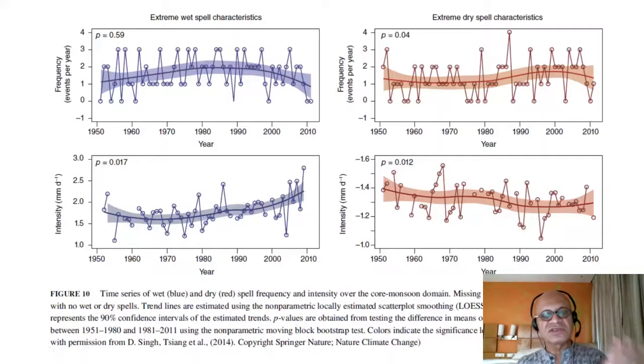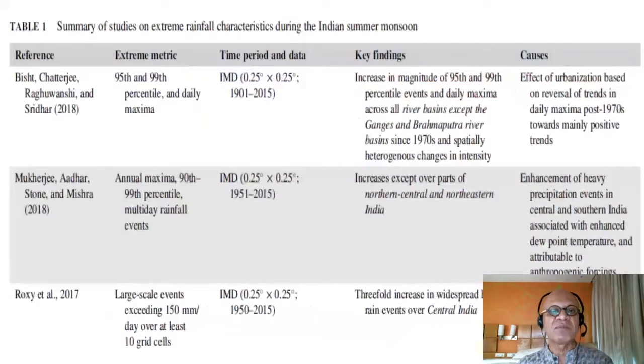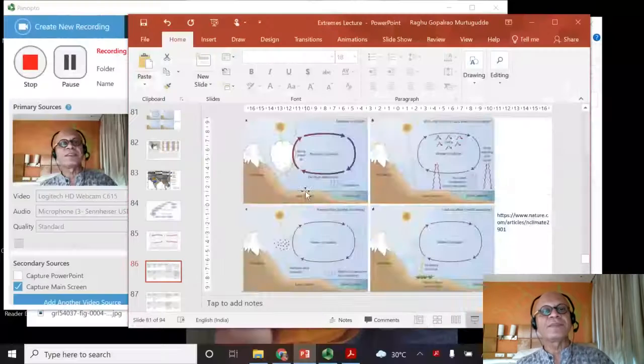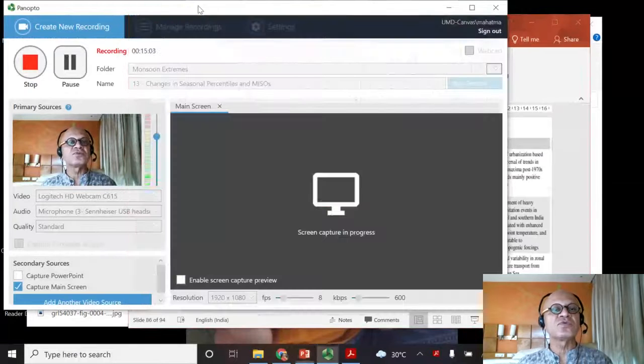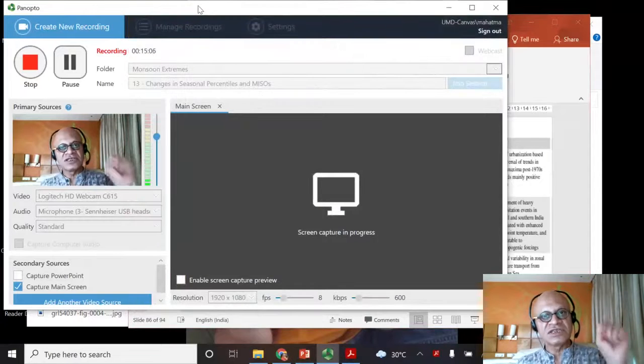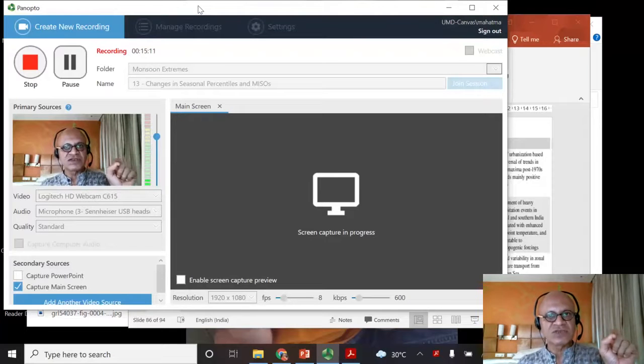So there is this consistency in terms of what we said before about the distribution of active and break periods and rainfall within them. So we transitioned from the seasonal rainfall changes and how their propensity for floods and droughts has changed over time, and how that translates, with various mechanisms, to active break period intensities and frequencies as well. Now we will go through a table of main results from several papers which have looked